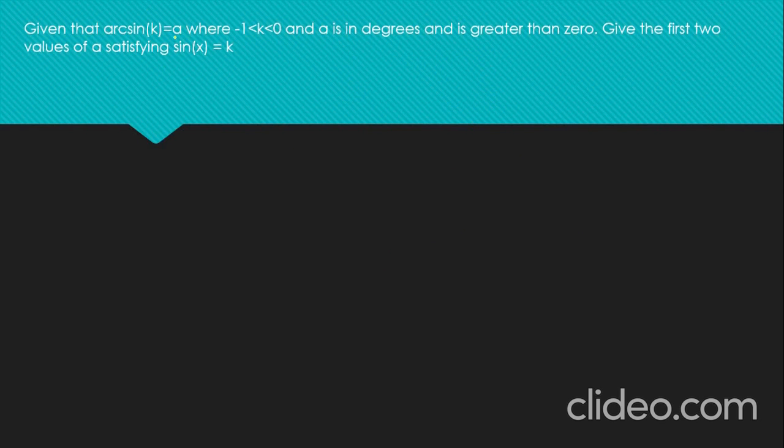Given that arc sine of k equals alpha, where k is between negative 1 and 0, in other words it's sort of in the negative bits, and alpha is in degrees, it's supposed to say alpha but I can only find an A, is in degrees and is greater than 0. Find the first two values satisfying sine of x equals k. Well, if sine of x equals k,